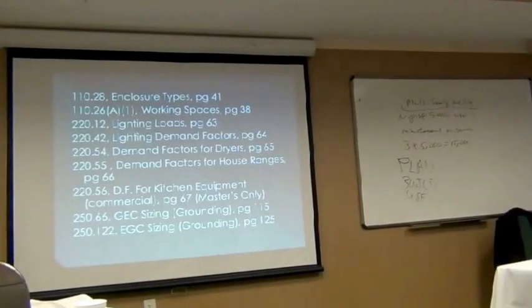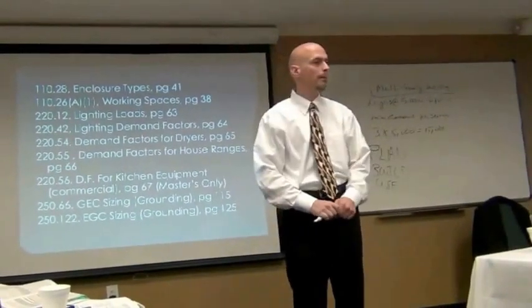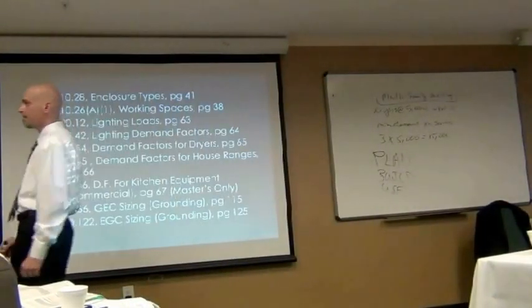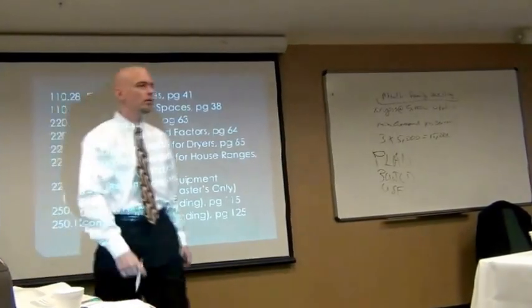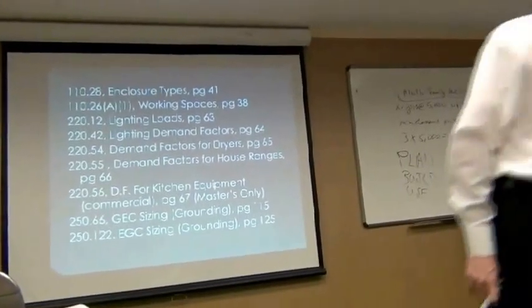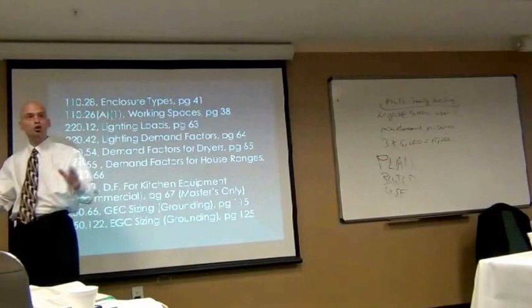It's on the right-hand side there. 250.122B. What does it say right there? Increased size shall be increased in size proportionally according to the circular mill area of the ungrounded conductors where ungrounded conductors are increased in size. Alright, so what they're saying here, guys, is that, let's say, and this is a perfect example,